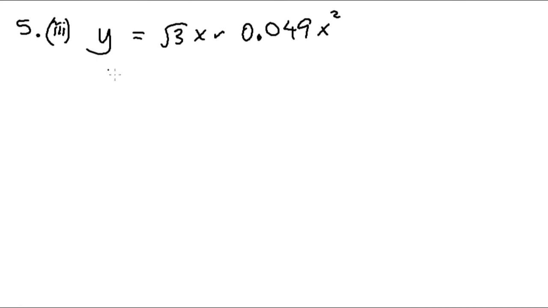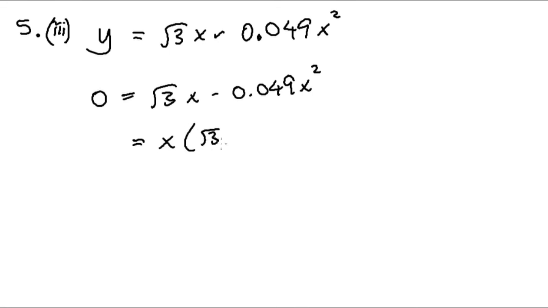Part 3, we need to find the range, and the range is when the ball hits the ground again. So y is 0 in this case, and we need to solve for x. So this is 0 equals √3x minus 0.049 x squared. And this one we can factorize out the x to get √3 take 0.049 x equals to 0. So x is 0 when y is 0. That is because that's where we start the ball. And the final horizontal distance will be denoted by this x in the bracket. So let's find that. So x, if you rearrange that bracket equals to 0, you get that x is √3 divided by 0.049,